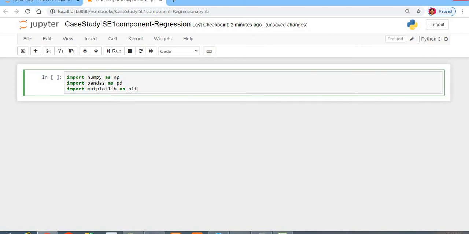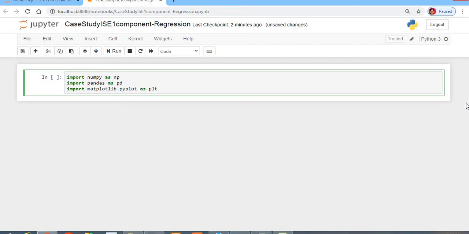Now pandas, as we have already seen, is required for data processing kind of operations. Matplotlib is required for visualization purposes, so we will be doing the plotting with the help of matplotlib. So I want to import the package of matplotlib, that is pyplot: matplotlib.pyplot as plt.